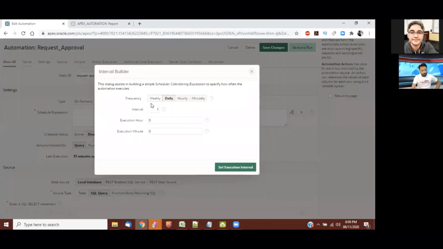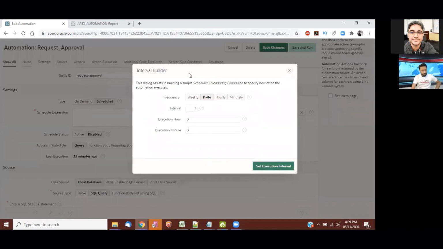When I go inside the schedule, we find frequencies of weekly, daily, hourly, and monthly. If I choose weekly, I have options to set the days like Monday, Tuesday, Wednesday. Let's suppose I would like to call my automation process every Monday, so I will select only Monday, and then the execution hour.